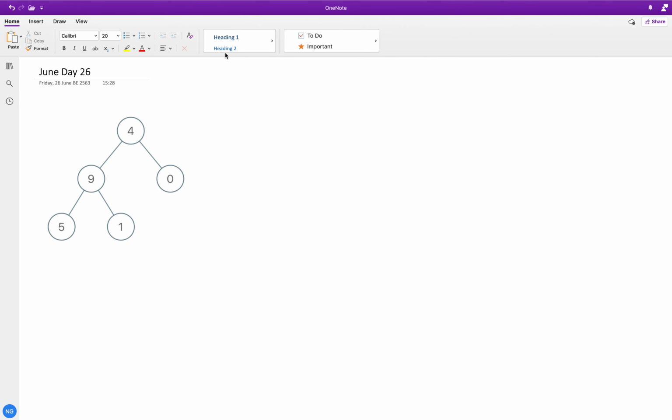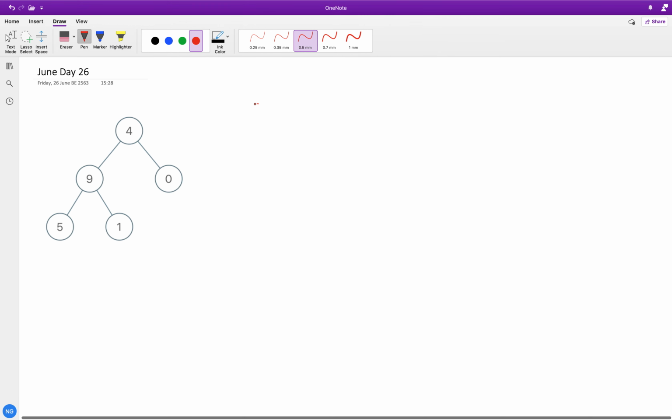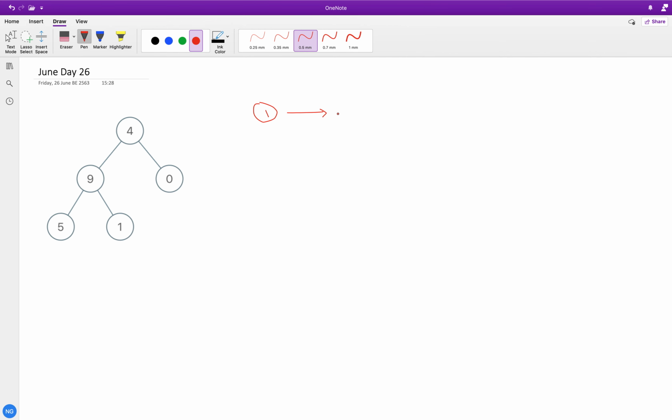So let me explain the problem. Let's say we have one node in our tree, the root itself, so this is root as well as leaf. How many root to leaf numbers do we have? One. So the sum is 1. Let's say we add another node, and the root's left child is 2. How many leaf nodes do we have now? One. So from the root there is one root to leaf number, represented as 12. So the sum is 12.